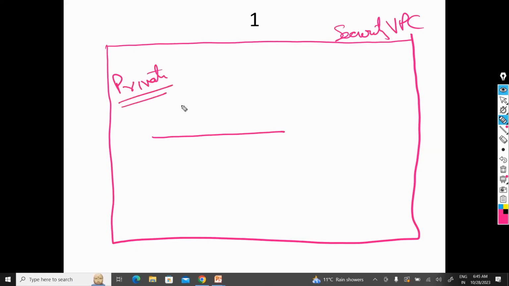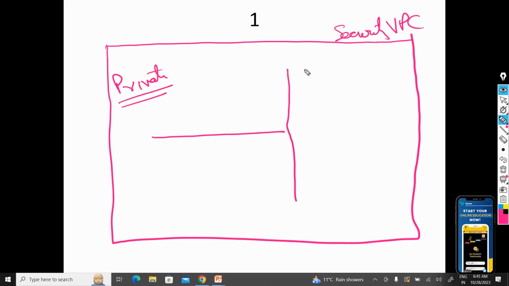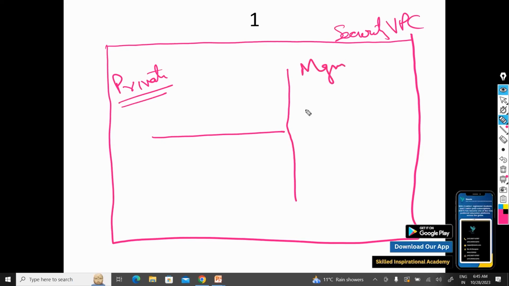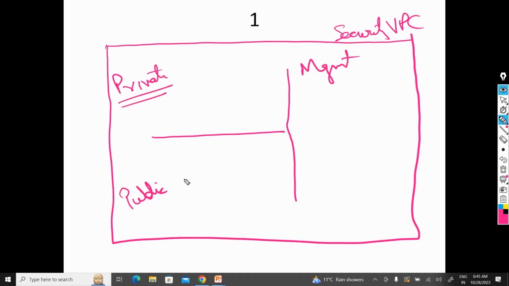That private subnet will be my private subnet. This will be my management subnet, and this will be my public subnet, right? So let's say we will use a management IP, 10.0.0.0/24, right? And for my public, I will use 10.0.1.0/24. And for private one, I will use